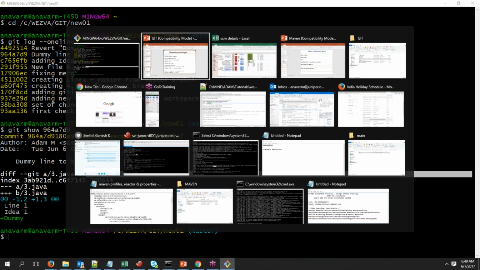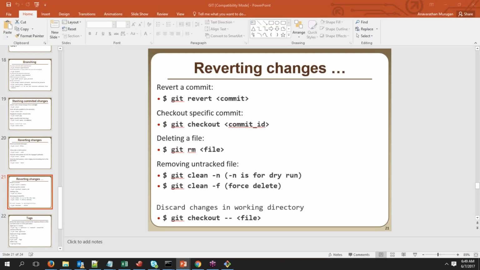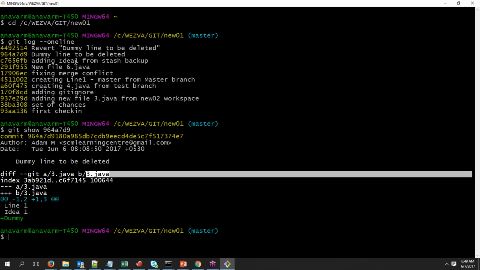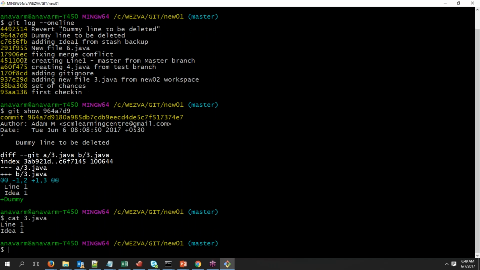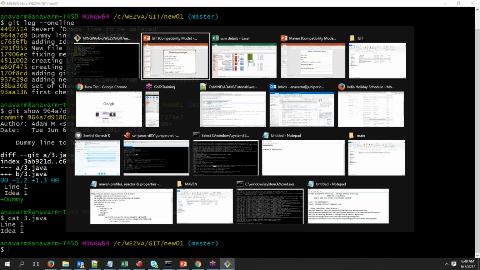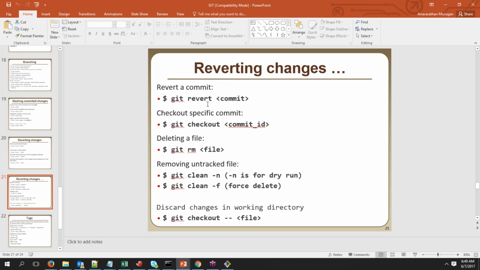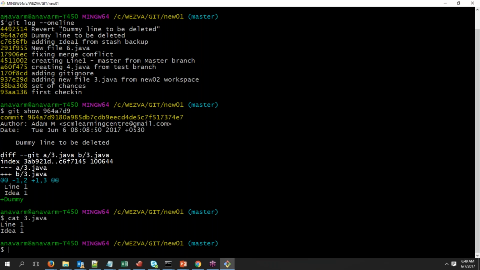That is what we did with the previous command by practicing. So first, if you recall, I created a new commit, and in that commit I added a line called dummy in 3.java. Then for practicing the revert, we tried to revert this particular commit ID,